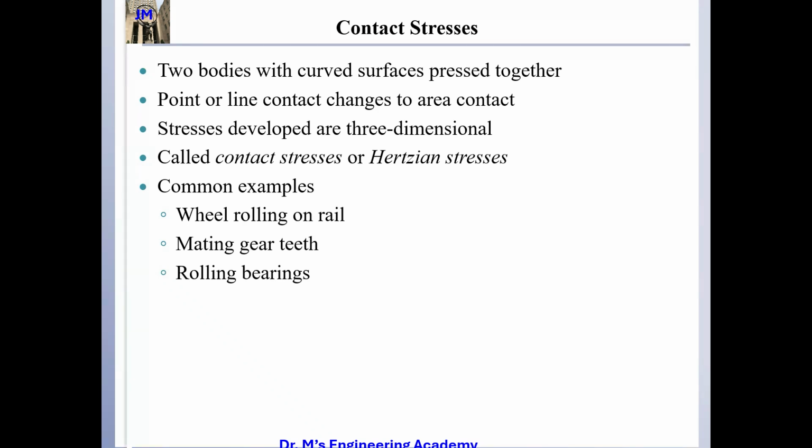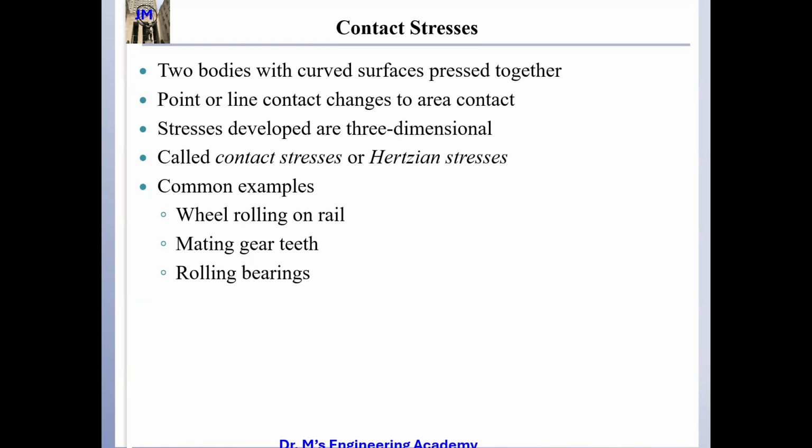So for contact stress, two bodies with curved surfaces pressed together is one case. The point or line contact changes to area contact, and the stresses developed are three-dimensional. Physically, the stresses are three-dimensional; the 2D stress is just a simplified version. We call it contact stress or Hertzian stress. Hertz was a genius, and he